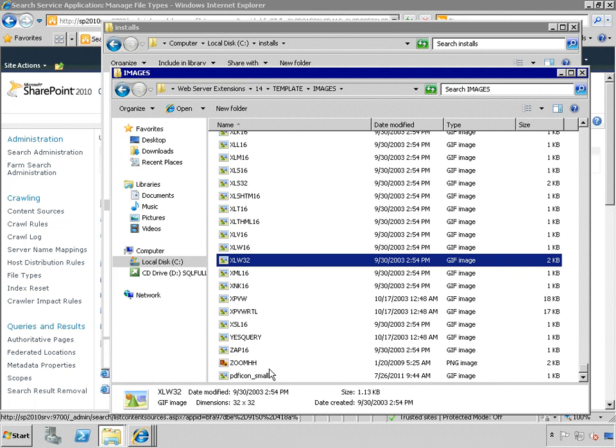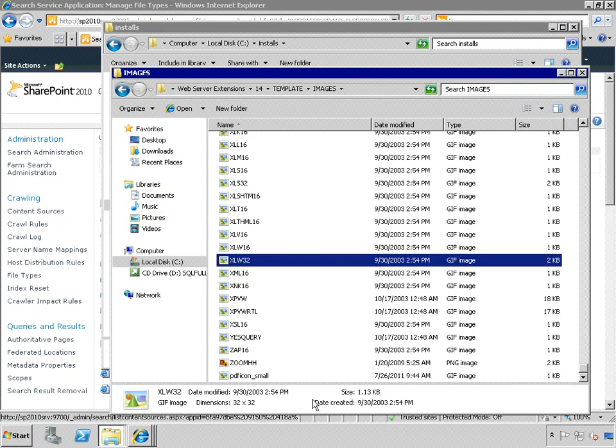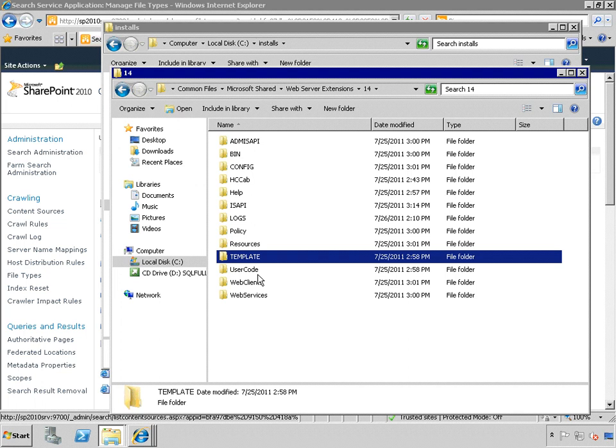Okay, I'm just verifying that it's in there. So now that we have that in there, we now have to go edit the XML file that says that the icon is in that folder and references it. So we're going to go back to our SharePoint root, going back to our template folder